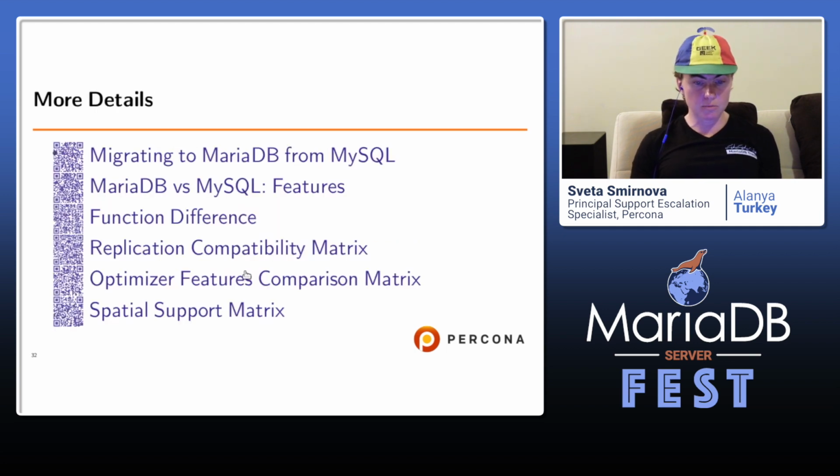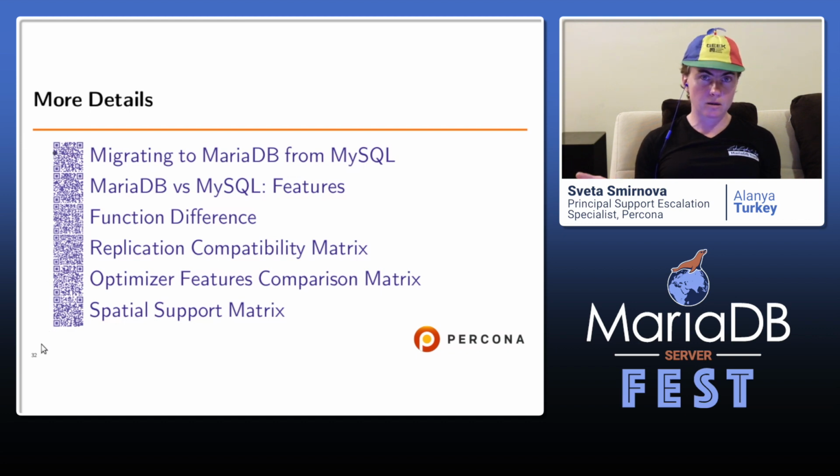These slides have more details. They mostly point to user manuals for MariaDB for the specific topics which we discussed. These slides will be available online after the conference, so you can download them, and these are all clickable links. But there are also QR codes.